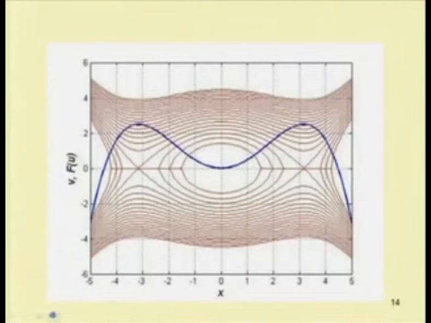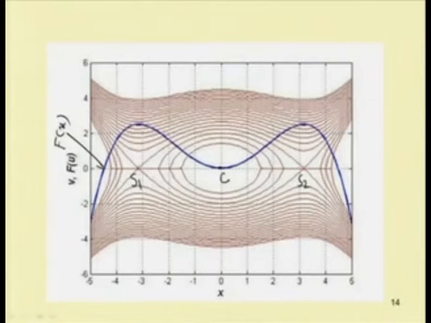So, if one plots this F(u), this blue line represents F(u) versus u, or F(x), as we are writing u equal to x. So, this curve corresponds to F(x), and all these trajectories correspond to v. So, corresponding to this minimum point we have the center at this point, and corresponding to these maximum points we have the saddle points. So, these two are the saddle points. This is saddle point 1, this is saddle point 2, and this is center C.